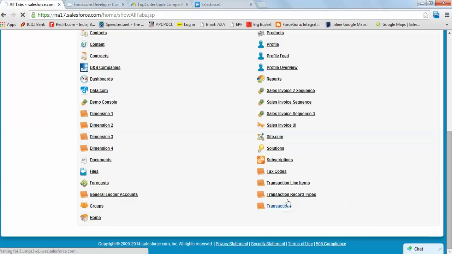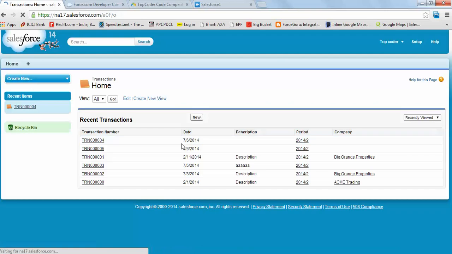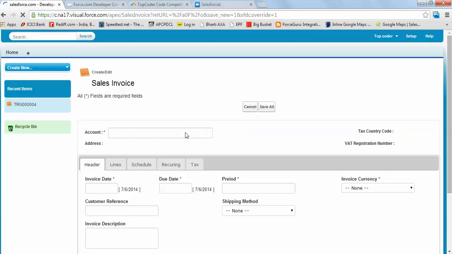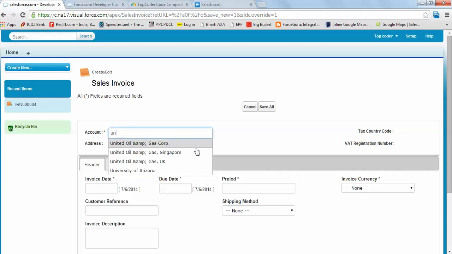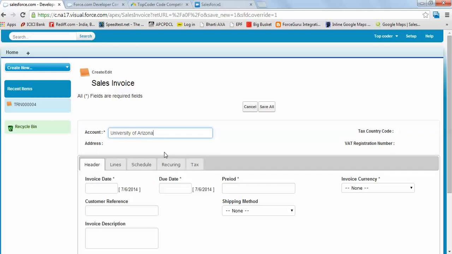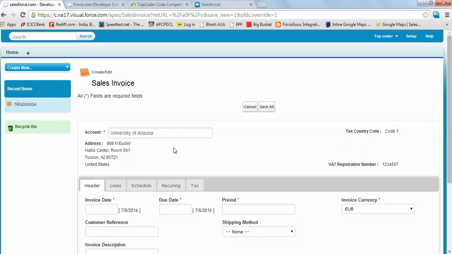Okay, if I go to transaction and I click on new, sorry for the inconvenience of the net speed. So these are all lookup fields, but I have converted them into a type ahead, and what I did, using jQuery, I hide all the lookup icons here. So if you see that it's University of Arizona, if I select it, what will happen, as per the requirement, these fields will automatically get populated,